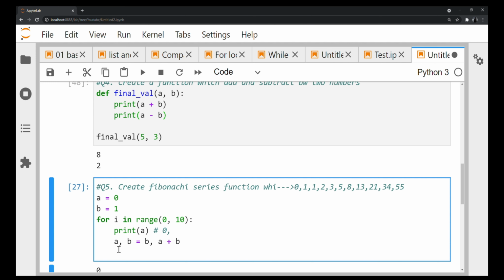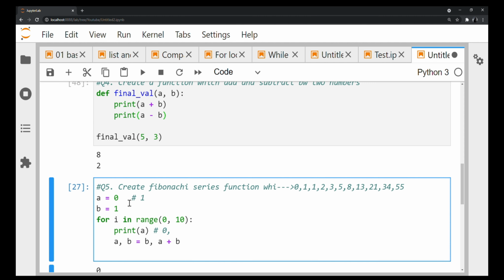Now, if you see the next thing, I have written a simple addition or increment right here in a single line. I'll tell you why I have written it in a single line, right? So you can also write it in this way. What you have to do with A is just assign A equal to B, right? So my A is 0 here. Let me write here. It will put the value of A equal to B, right? So what is the next value? A equal to B, so the value of B is 1. So my next value of A is 1.